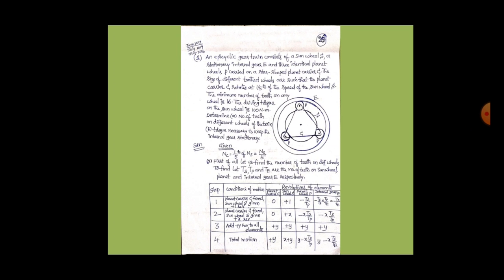The driving torque on the sun wheel is 100 Newton meter. Determine number 1, the number of teeth on different wheels of the train, and